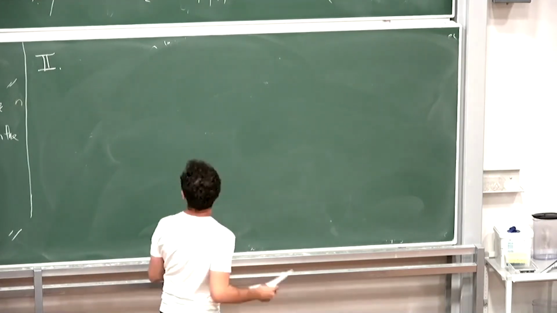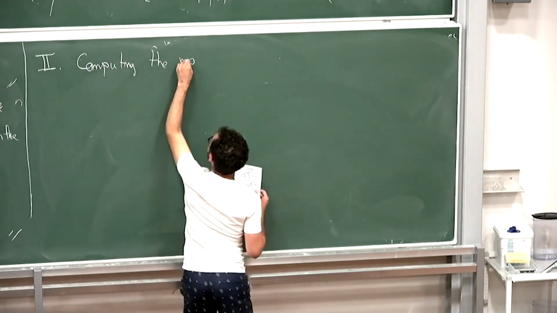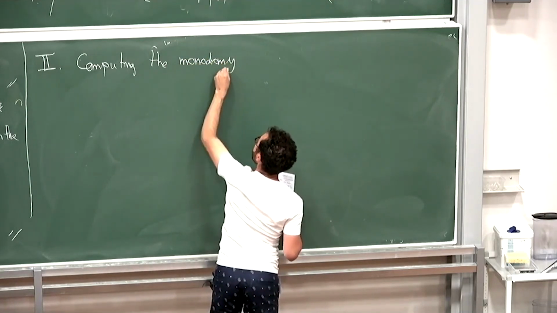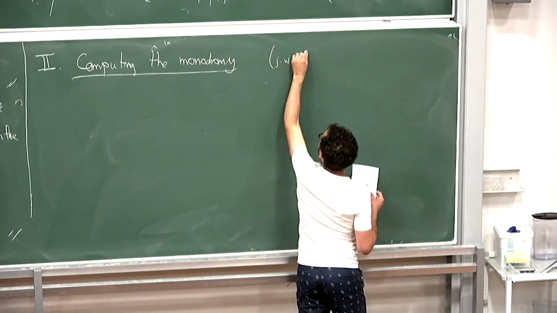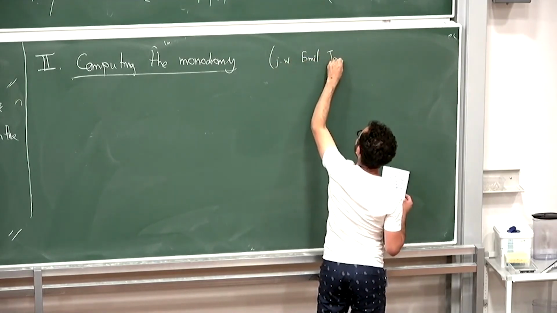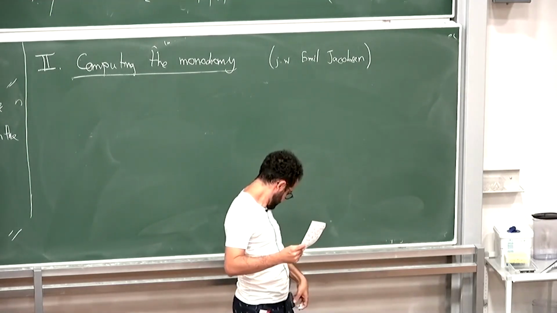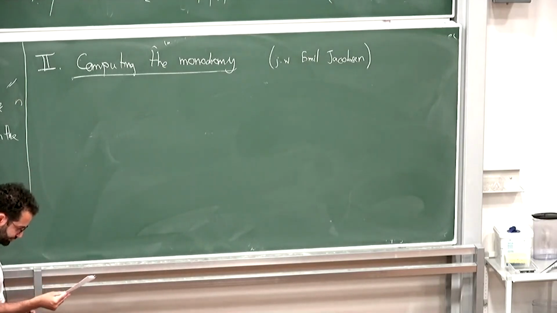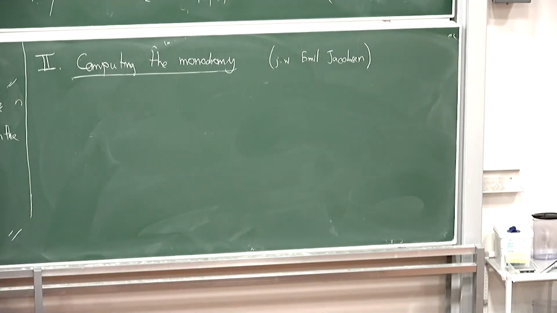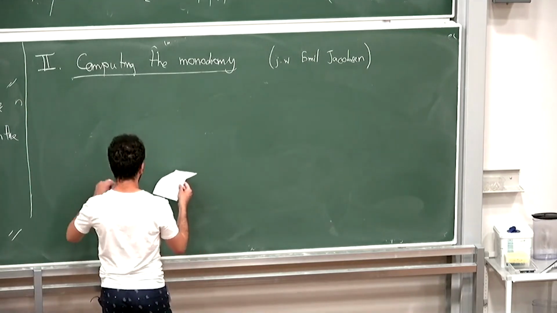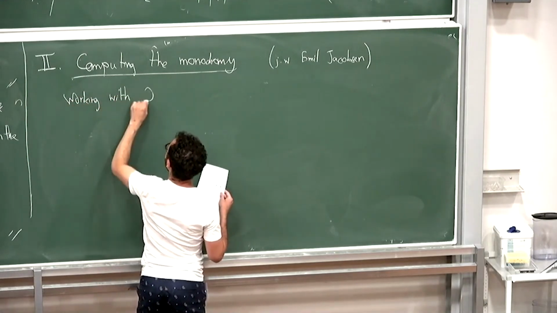The other computation is about computing the monodromy. This is work in progress with Emil Jacobsen. Okay, so first, what is the monodromy in the motivic setting? Working with Q coefficients,